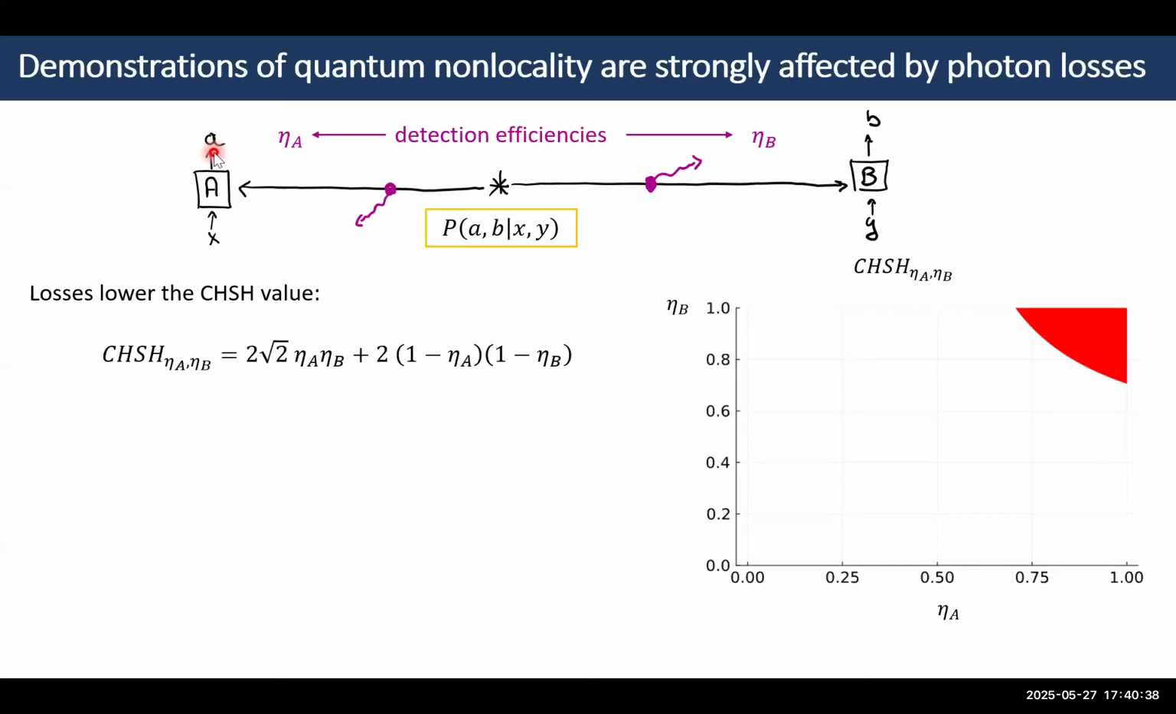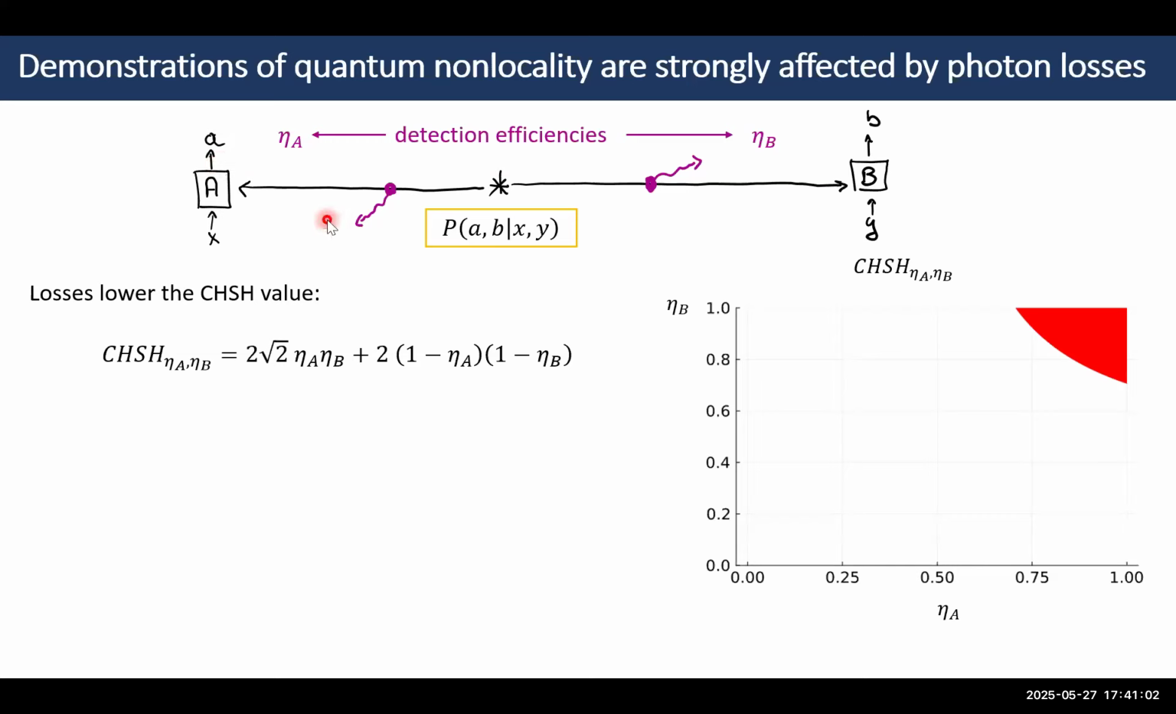For instance, if our measurement device gives two outcomes, +1 and -1, when we get a no-click, we will say, okay, this is actually a +1 event. And so this is one way to take into account these losses. And actually, for simple Bell inequalities like the CHSH inequality, this is the optimal way to take into account these